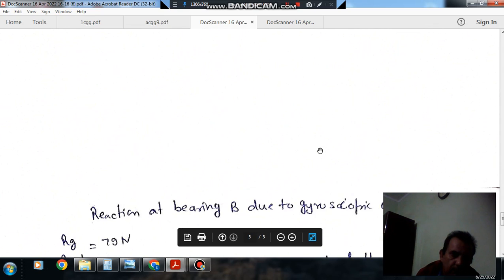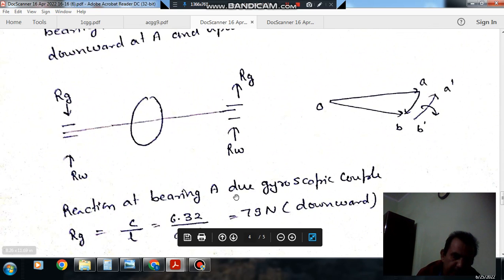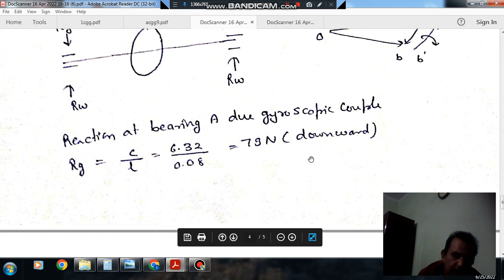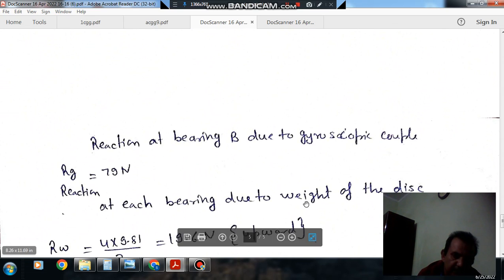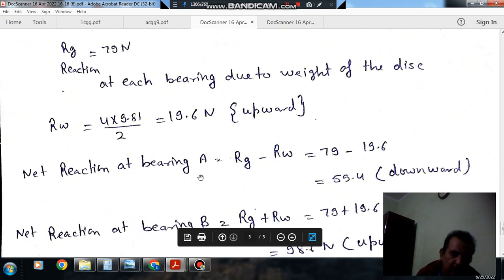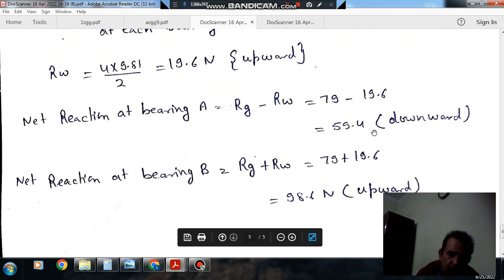Okay, and the reaction at bearing A due to gyroscopic couple is C by L, that is 79 downward, and at bearing B due to gyroscopic couple Rg is 79, that will be in upward direction. And reaction at the bearing due to weight of the disc will be weight by 2. So net reaction on bearing A is Rg minus Rw, and net reaction at bearing B is Rg plus Rw. Okay, so answer is option